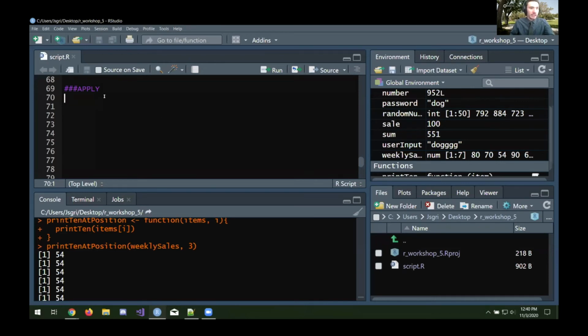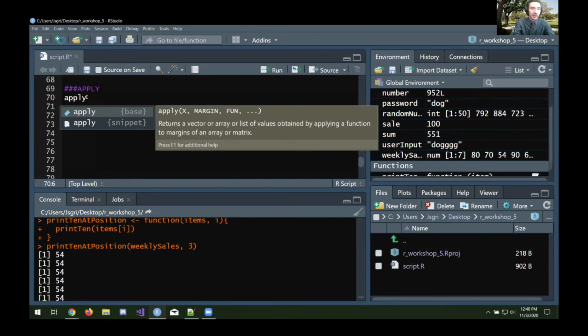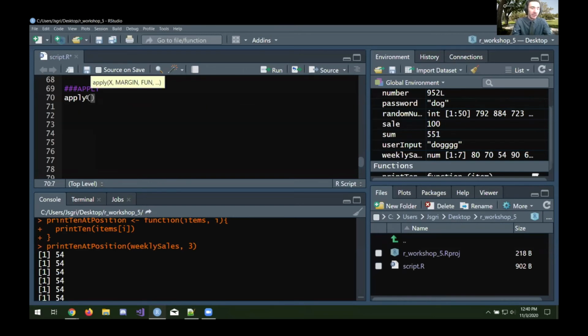So let's run our first apply function. The way we do that is just by typing in apply. That's the standard way you would run any function. Now it's going to ask for some parameters. It's going to ask for the data, so let's use the mtcars dataset that's built in. Next, it's going to ask for margin. So what margin means,